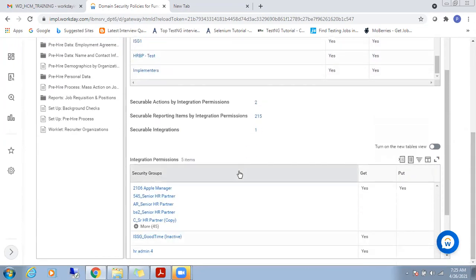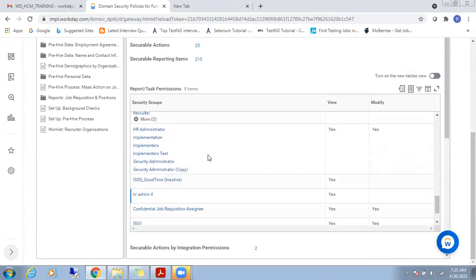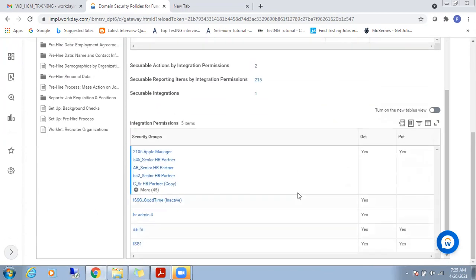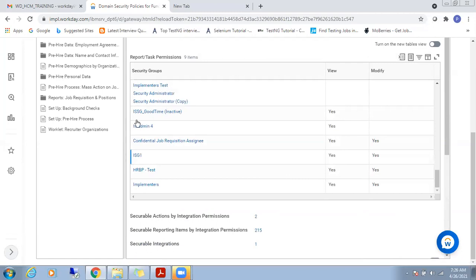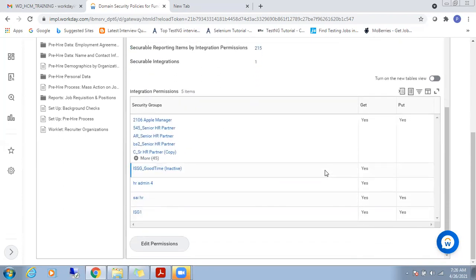At the same time, the integrations permissions. Integrations are nothing but we can see in the last, get and put. So get and put are the view and modify in the same way. When it comes to security groups, we have view and modify. Integrations are something that will be working in the future, not now.